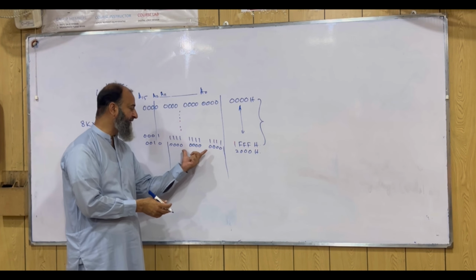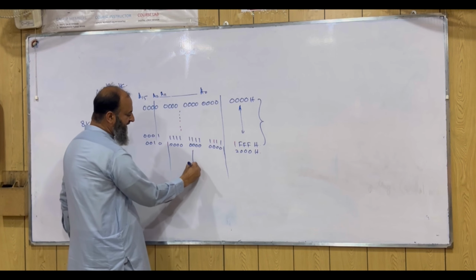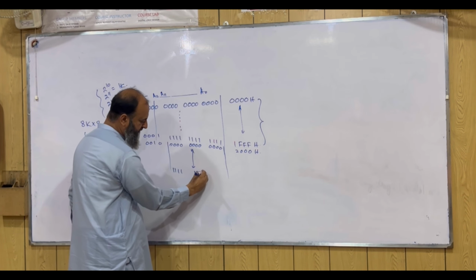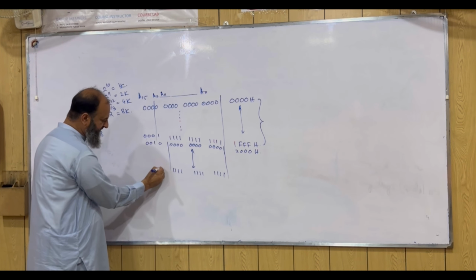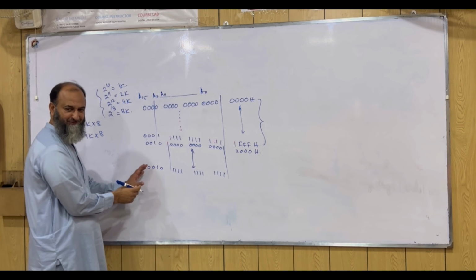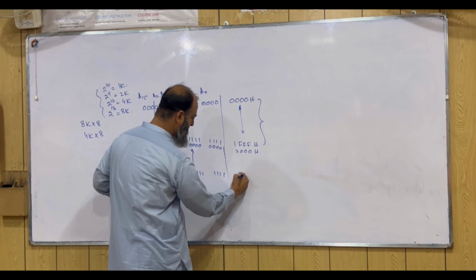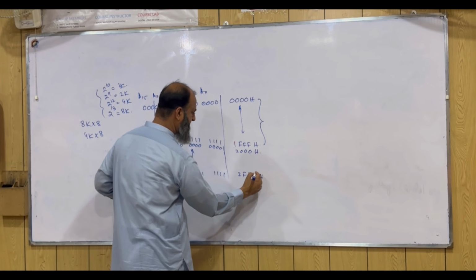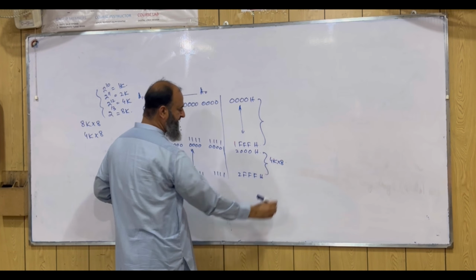So you have over there the first address, आपको सारा zero मिला, that's fine. So the last address of this memory, all are equal to 1, 1, 1, 1. And the rest of the bits remain the same, 0, 1, 0, 0. It is not going to be changed here. So you see that the last address we have over there is 2FFF hex. So this is the 4 kilo by 8 memory.